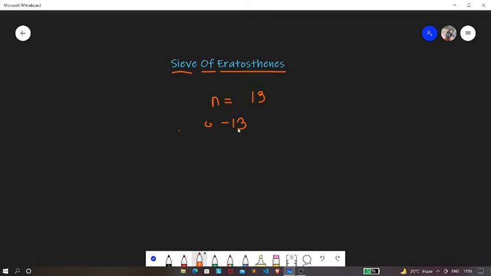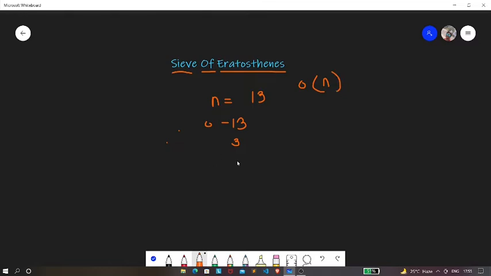So we need to print all the prime numbers. Now if you use a simple approach, as a brute force solution you would take one number, let's say 3, and check whether that number is prime or not, for each number. But that would increase our time complexity. Using the sieve of Eratosthenes, we could achieve this in roughly O(n) time complexity. So let's see how we could do that.